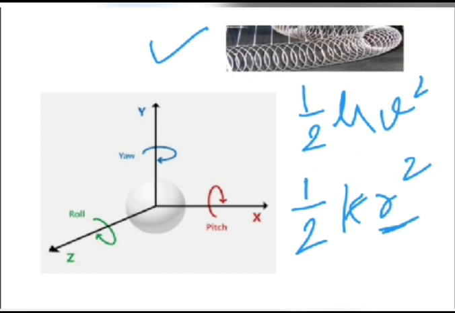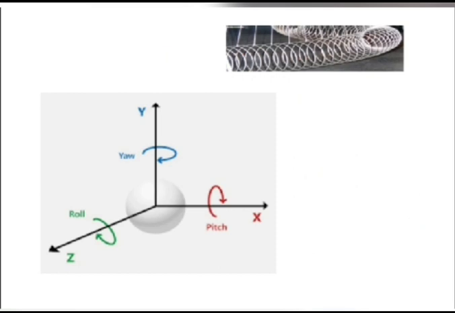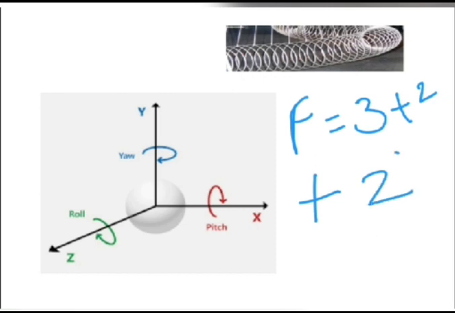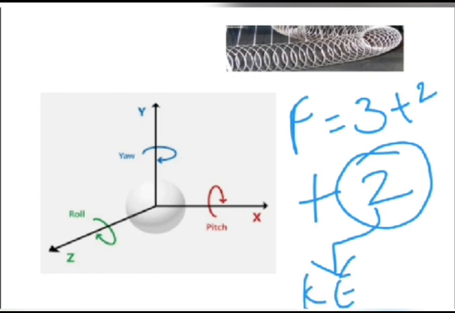So corresponding to each kind of energy, we know there is an associated degree of freedom. That means for diatomic systems, if you also consider this particular vibrational motion, then how many possible degrees of freedom are there? So total degrees of freedom will be now 3 due to translational motions, 2 due to rotational motion, and 2 due to vibrational motion. So 2 due to vibrational motion is particularly one motion due to the kinetic energy associated with it, and the other due to potential energy associated with the vibrational motion. Is it clear? So that makes a total of 7 degrees of freedom in case of diatomic gaseous system.